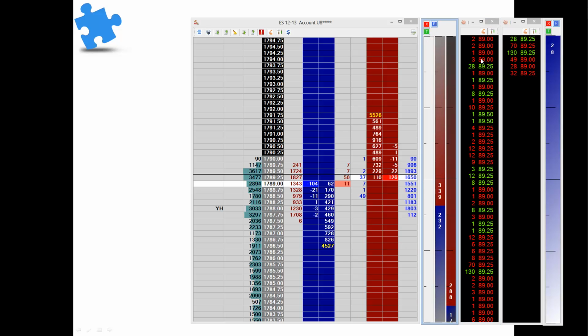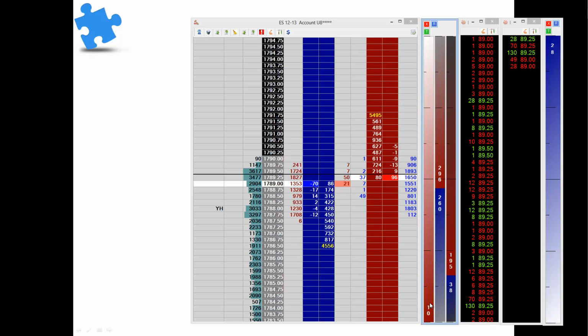Okay. So what we're actually seeing as trades come in is we can see that the sell market orders are colored red. We've got 8, 10 sell market orders. As some buy market order comes in, we'll actually see a blue bar. So it actually doesn't show us the individual trades. It doesn't show us the pace of trades coming in, but it does show us the overall ratio of buy